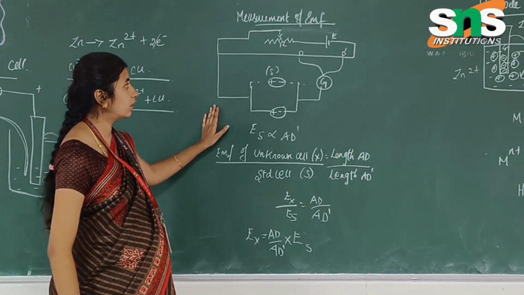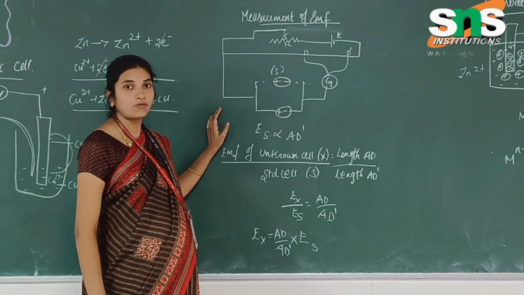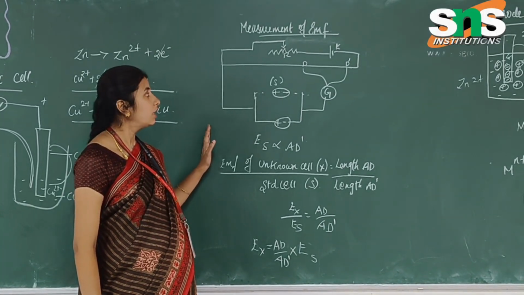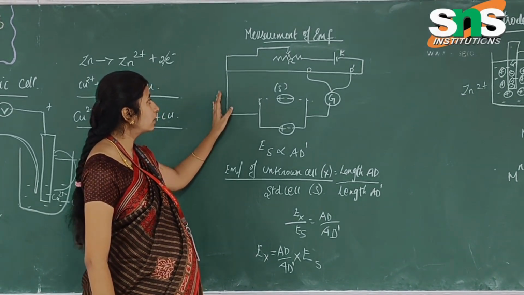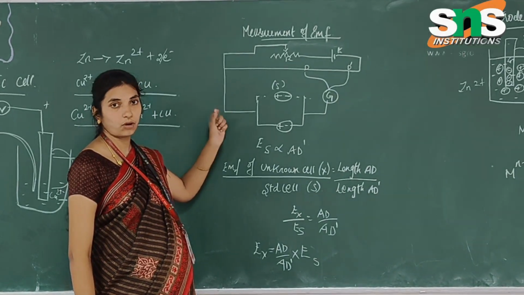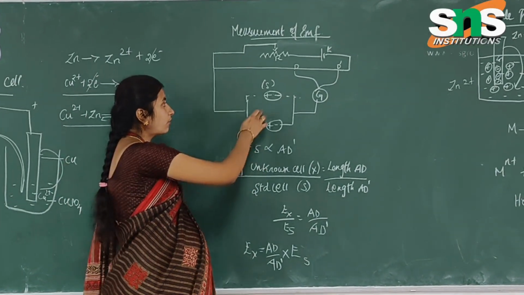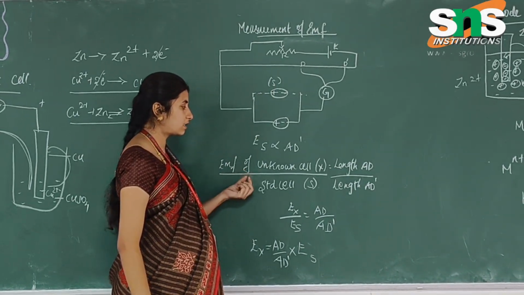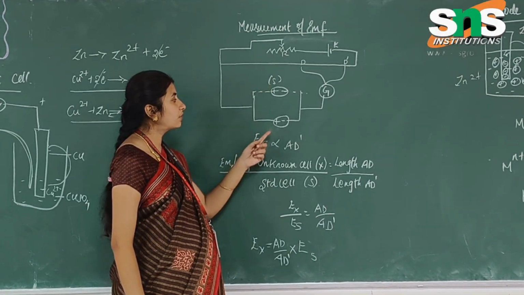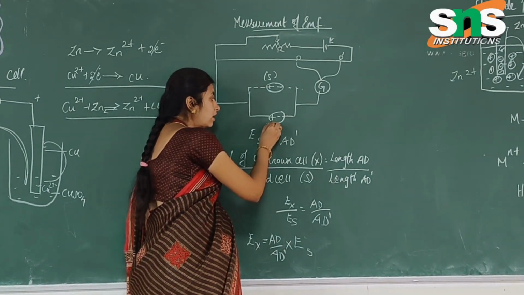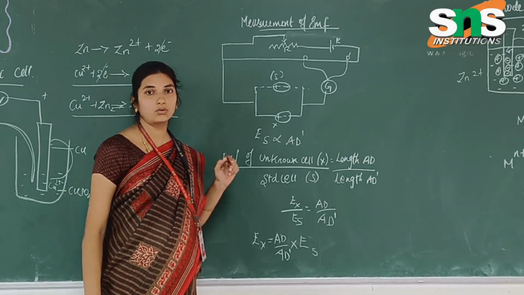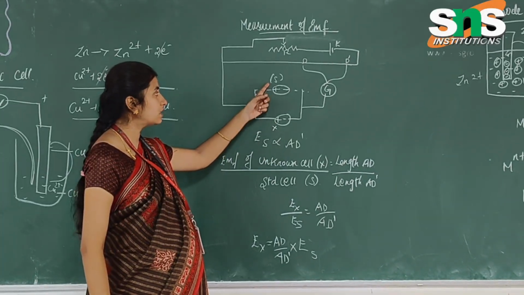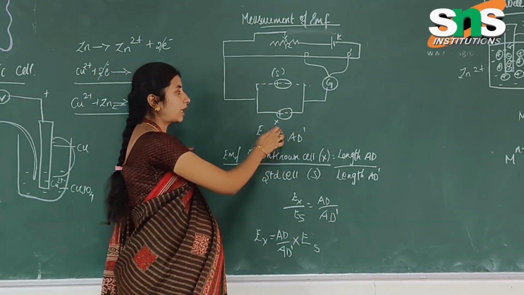Here I have shown the potentiometer diagram, which explains the known and the unknown solution. The standard electrode potential is measured in volts using a standard cell, an example of a cell that we already know, which is considered the standard cell S, and the unknown solution is considered X. The unknown solution is X, and the standard solution S is connected to the positive and negative terminals.